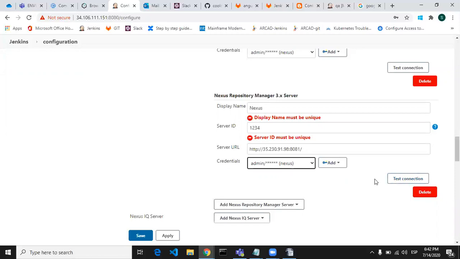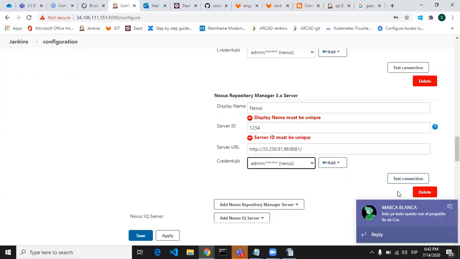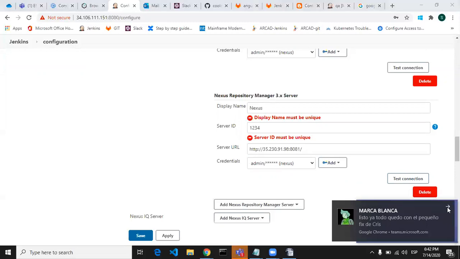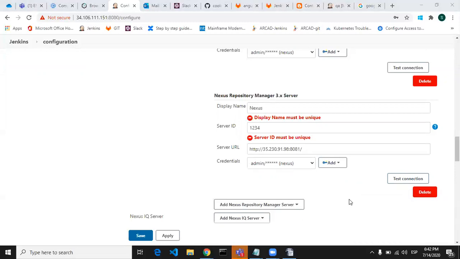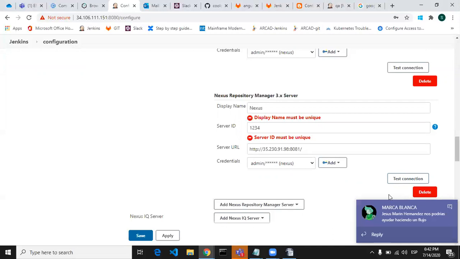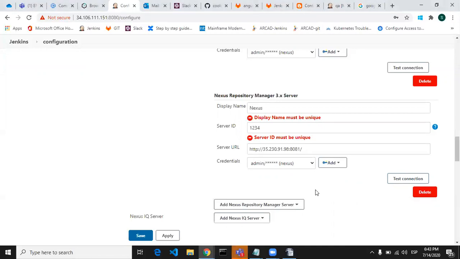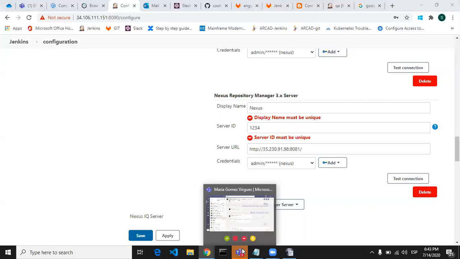Before testing this connection, I want you to check whether Jenkins is using JDK version 1.8 or not, because Nexus 3 only supports JDK 1.8.